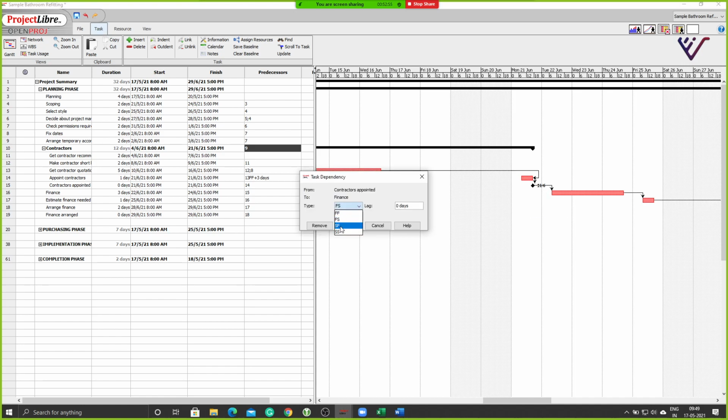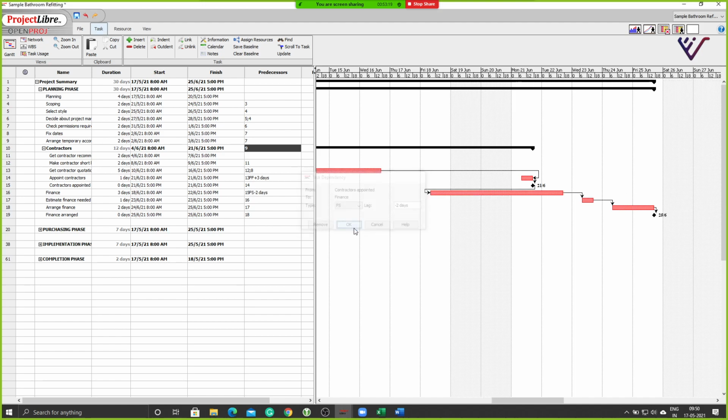So you can also say start to start, start to finish. So depending on the connection type that has to be created between those activities, you can add this here. And the lag, you can either add a positive lag or a negative lag. So if I am saying say finish to start, but I want to start this activity 2 days in advance of the previous activity finishing, then I will say -2 days and I'll say okay. So you see, this activity has to start 2 days before this activity ends. That is what I'm saying in the linking.